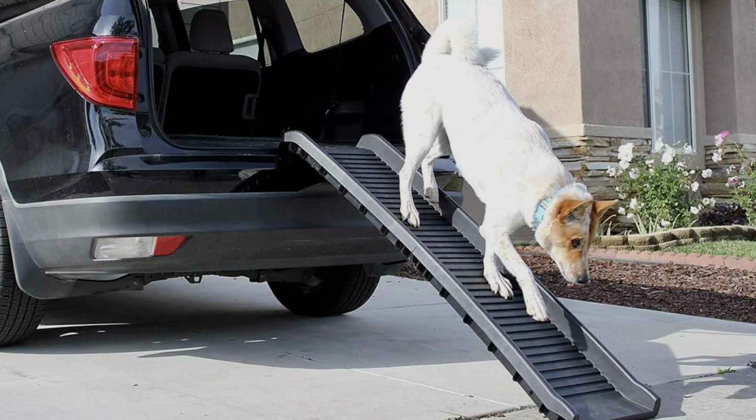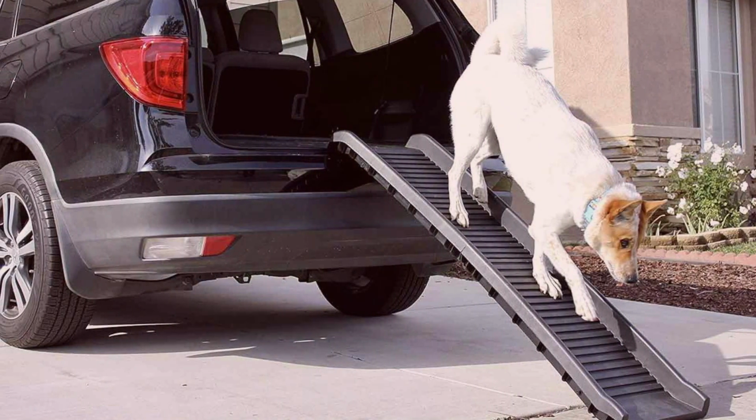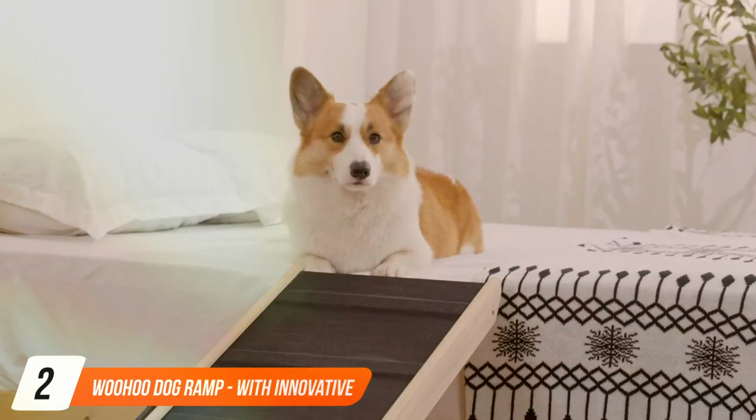Concerned about affordability? Fear not. The PawStep 50524 offers exceptional value for its quality and features, ensuring you provide the best for your furry companion without breaking the bank. At number 2, we have the Woohoo Dog Ramp, the ultimate companion for your furry friend's mobility